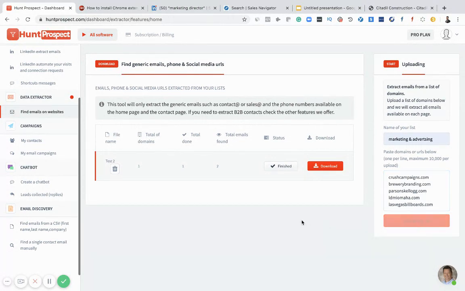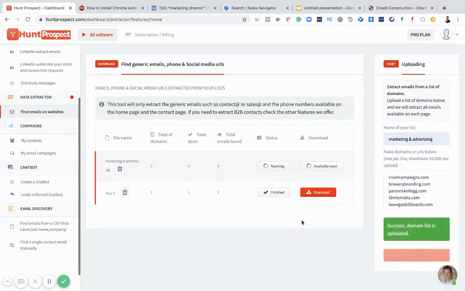So I uploaded my list. So if these domains have any email IDs, right, it will try to scrape them.